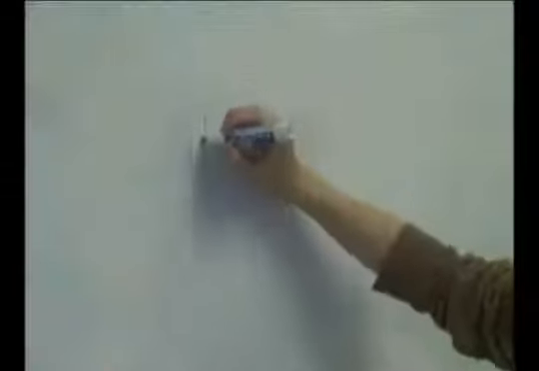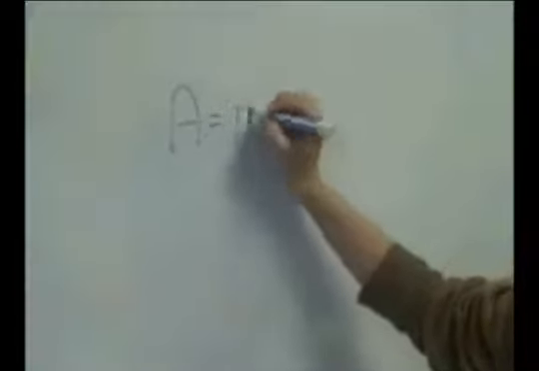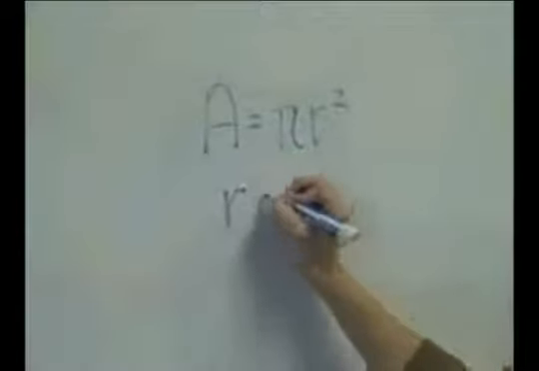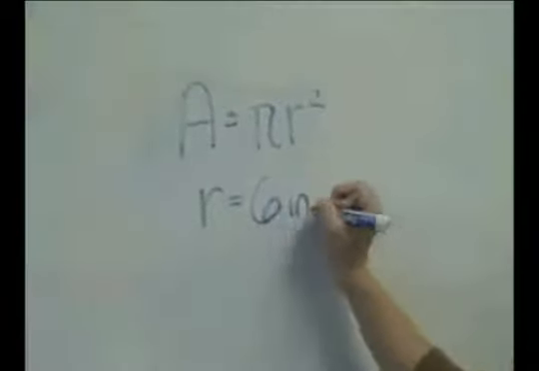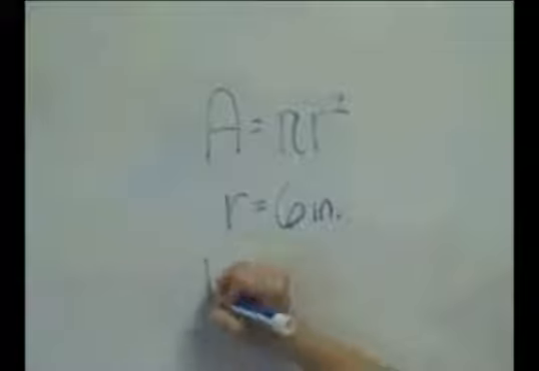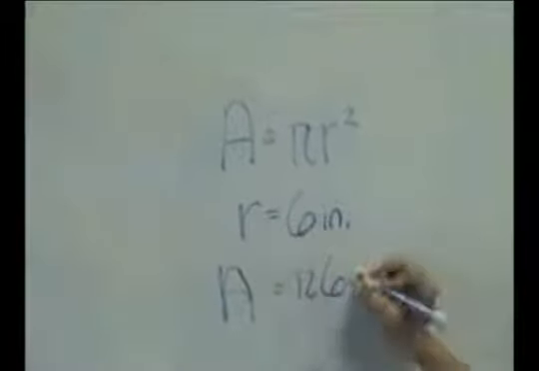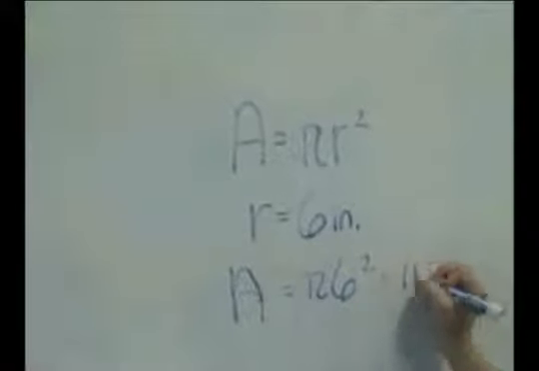If we know that a whole pizza has 8 slices, then we need to find the area of the pizza and divide that by 8 to find the area of the single slice. To find the area of a circular pizza, we would use the equation A equals pi times the radius squared. So since we know the side of the pizza slice was 6 inches, that means the radius is 6 inches as well. Now all we do is multiply pi times 6 squared to get an approximate answer of 113 square